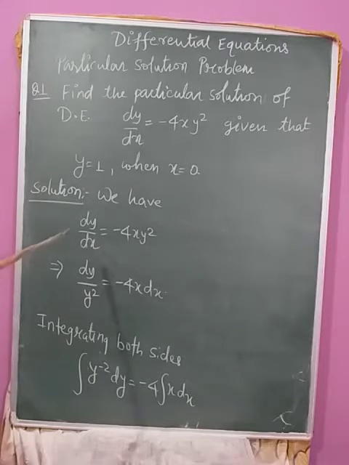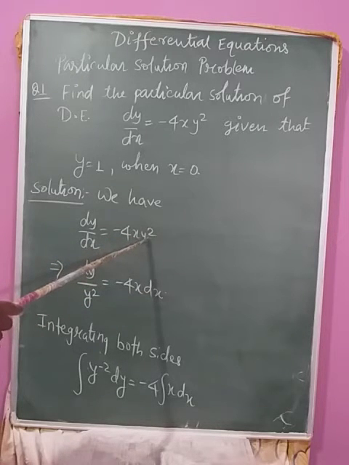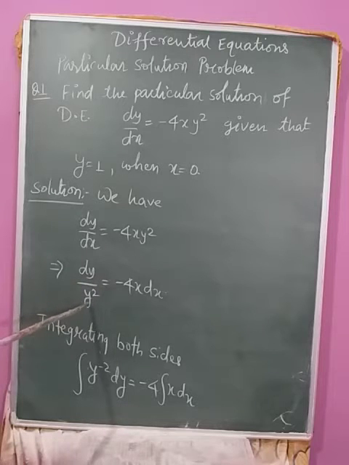So separate dx on the right side and y square on the left side. So we obtain dy by y square equal to minus 4x dx, and integrating both sides we have